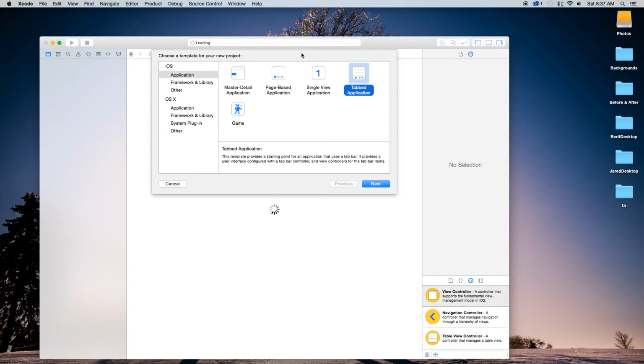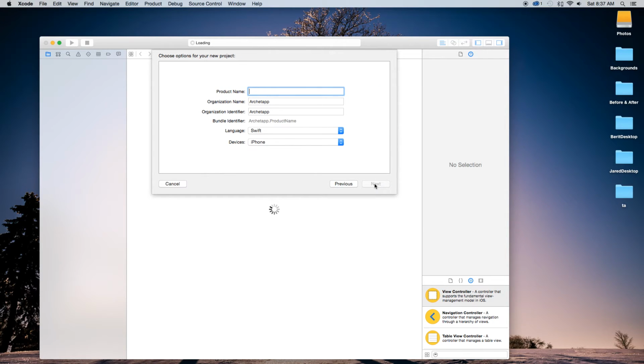Now I will be showing you both ways when you create your application at first. You can choose to click tabbed application or single view application. Most of you click single view application, I assume. So I'll show you how to do it via single view application, but first we're gonna do tabbed application, which is very simple. So we just need to call the product name. I'm just gonna call mine tab